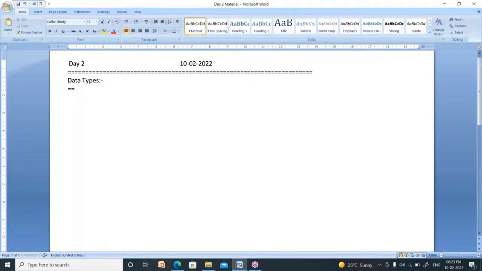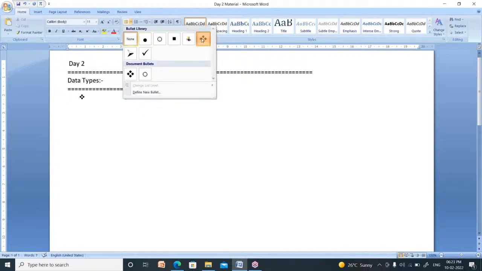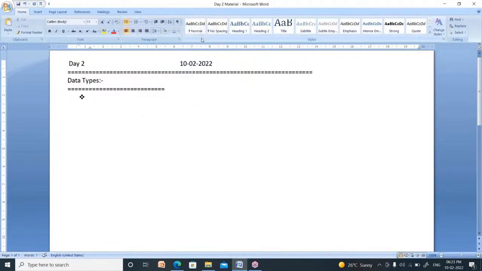Now, C language supports four types of data types. First of all, what is a data type? Read this in reverse order: type of data. Data type is nothing but type of data. Every data type is a keyword in C language. Keyword in the sense reserved word.